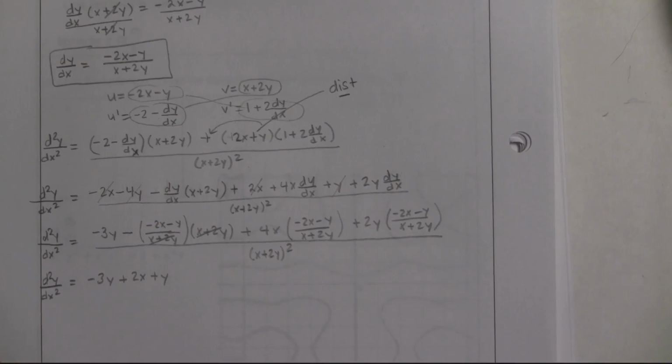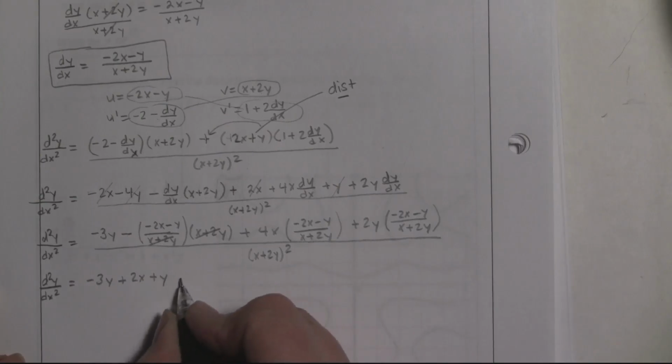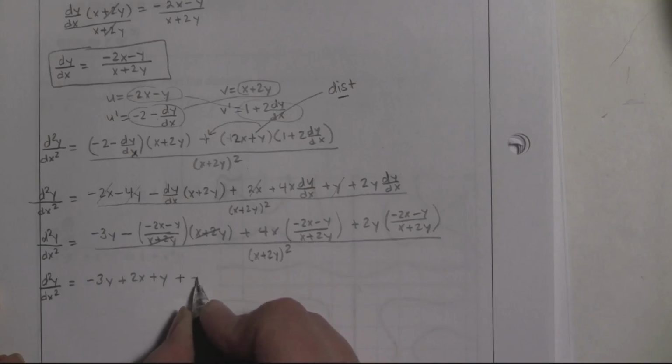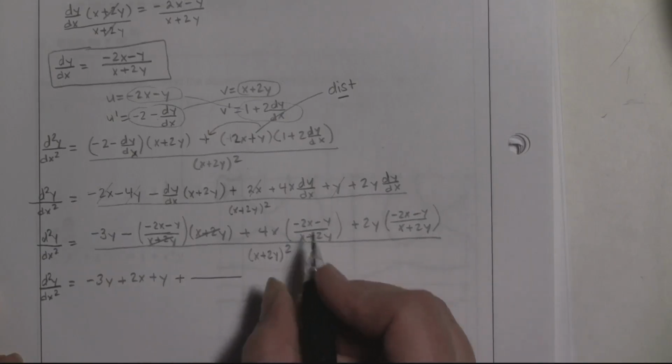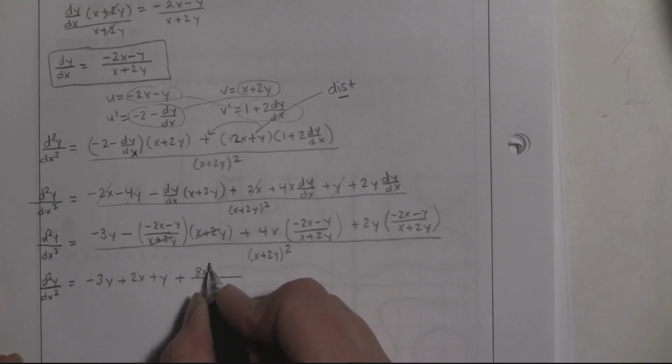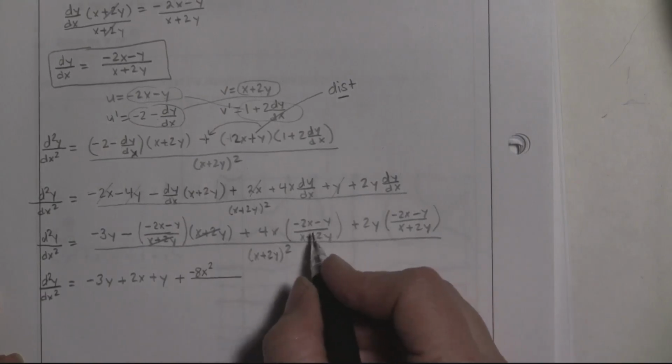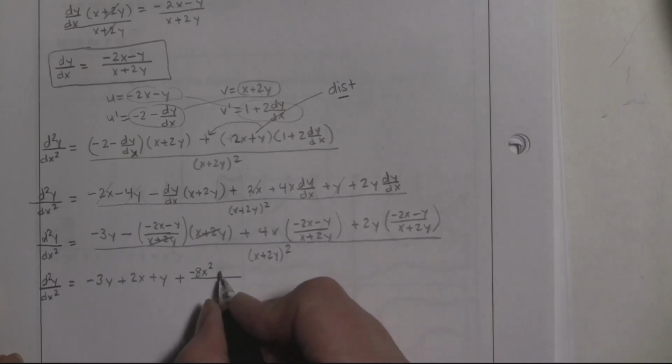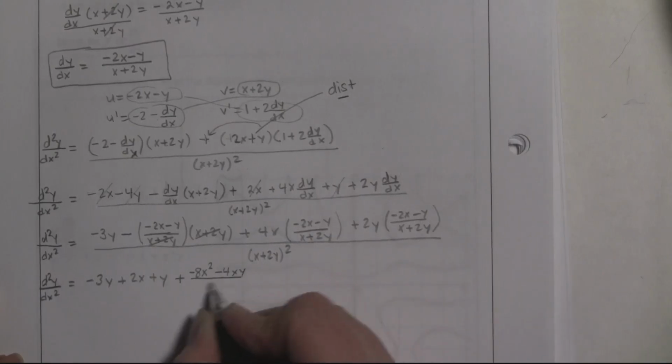I'm contemplating if I should multiply the 4x together or if I should just put the 4x up there in the numerator, and the same with the 2y there. I don't know. I'm going to multiply it. Anyone have my back? So this is going to be plus, and then in the numerator, when I multiply that 4x, it is going to be 8x squared. Oh, but minus. Oh, man. And then here, I'm going to have minus 4xy all over x plus 2y